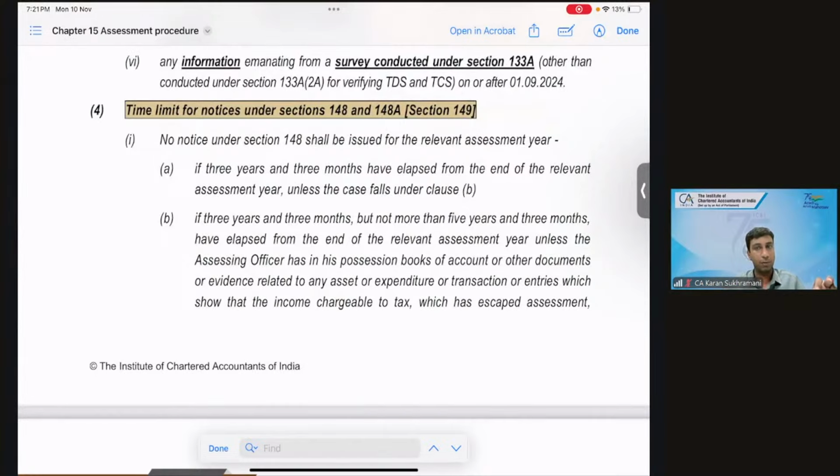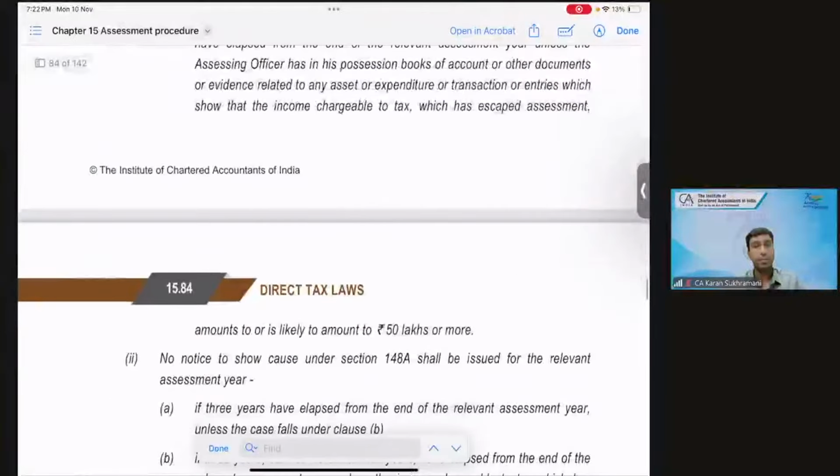and 3 months have lapsed from the end of the relevant event, unless the AO has in his possession the books and documents or evidence relating to number 1, any asset, number 2, any expenditure, number 3, any transaction, number 4, any entry. Now, if you see, they have almost covered everything: asset, expenditure, transaction, or entry. Now, it's all subjective. Any entry. Now, what does the para say? It says, which show that income chargeable to tax, which has escaped assessment, is or is likely to exceed 50